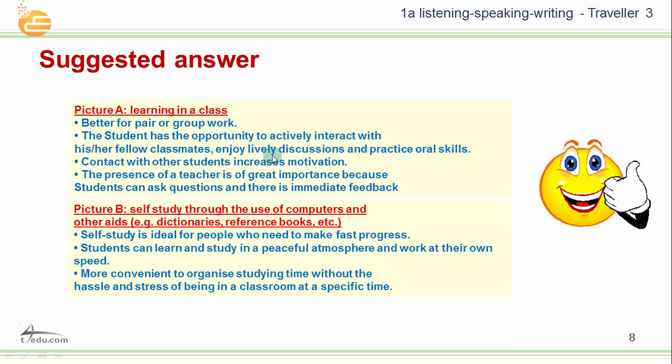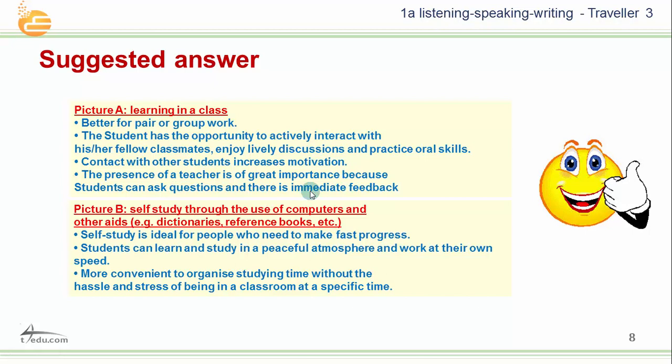They enjoy lively discussions and practice oral skills, and they can grow their character and learn some sociable skills. Also, they contact with other students, increase motivation and competition among students. And the presence of the teacher is of great importance because students can ask questions and there is an immediate